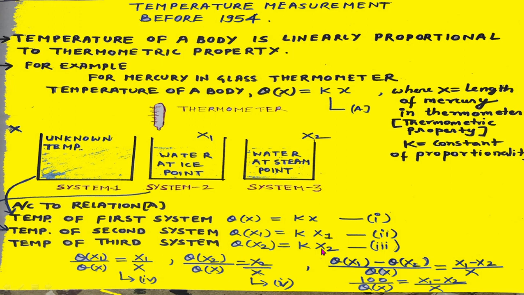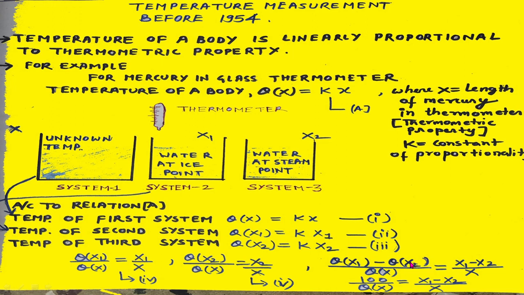Now when we divide equation second by equation 1 and equation third by equation 1, we get these two equations as shown here, that is equation number 4 and equation number 5. Now friends, what we have to do is subtract equation 4 and 5 to get this expression as shown here. This is the expression that we get after subtracting equation 4 and 5.